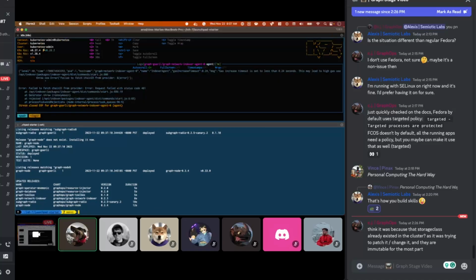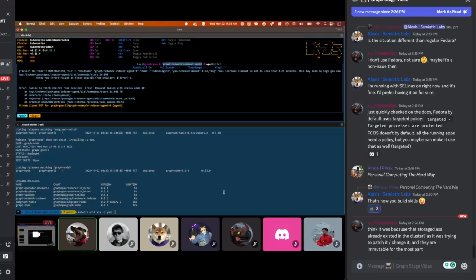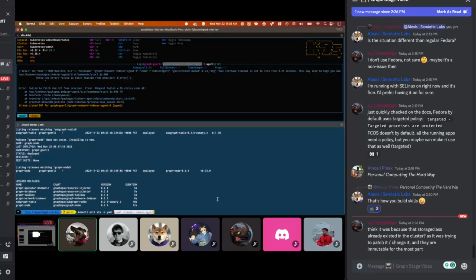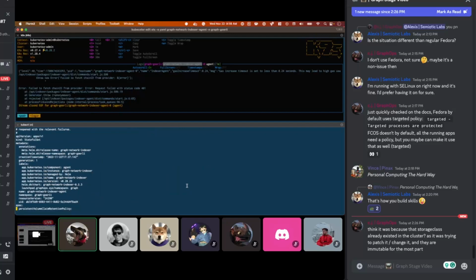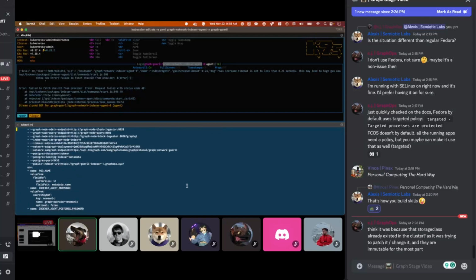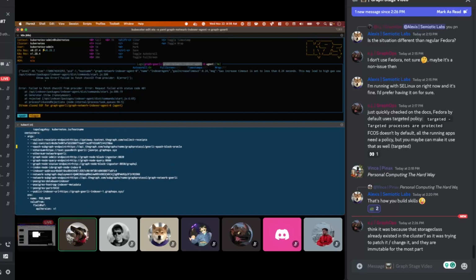So I will kubectl edit the stateful set, which is graph network indexer agent in graph curly namespace. And I will quickly update this. I can do it in code as well, but